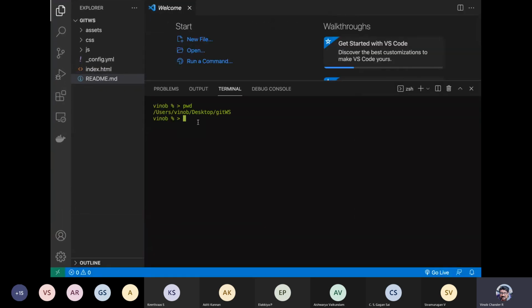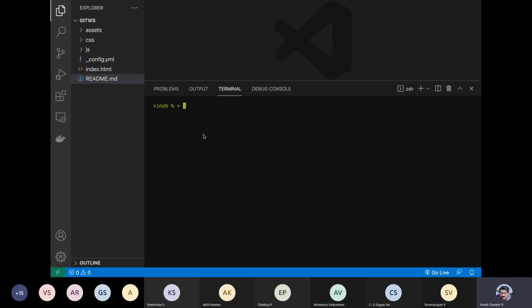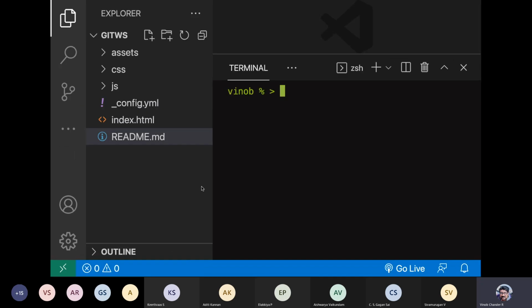So now if you do PWD, you are in Git WS. Otherwise, if you are somewhere else, you just do a cd and then navigate to the project folder or the location. Okay, let me just close this welcome screen.